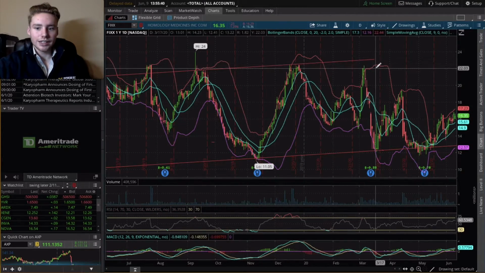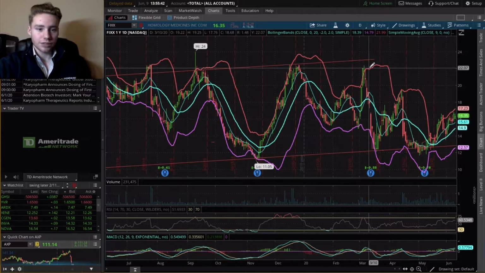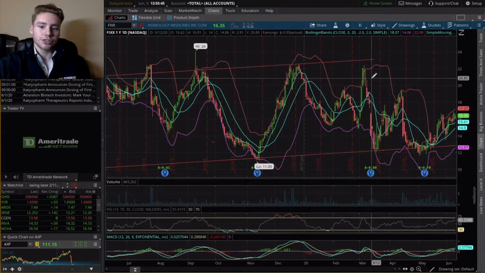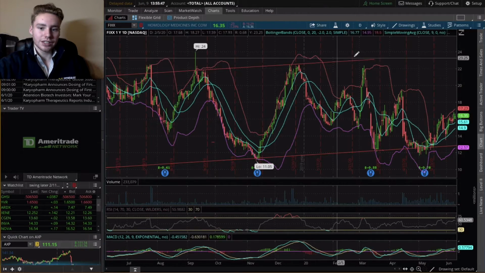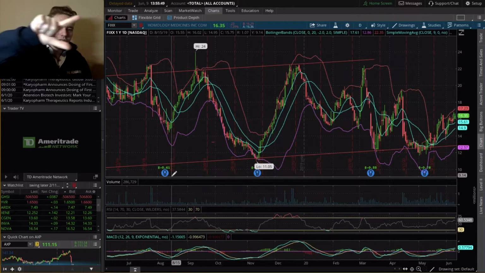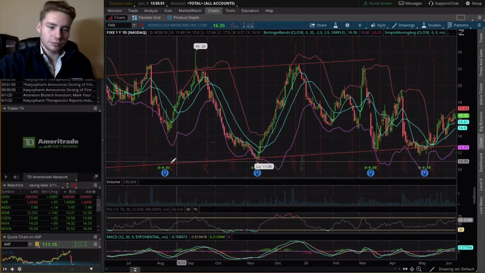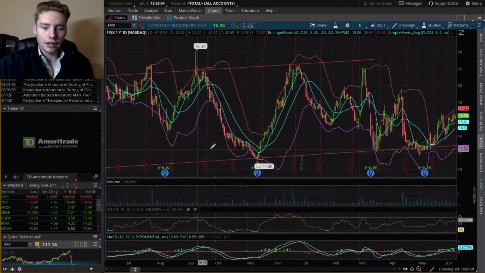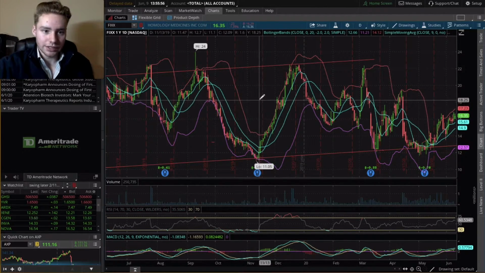So we can see here that this was something I was able to get in on because through this analysis, you can see that it's ranging between these two parallel lines, almost about parallel. Doesn't have to be exact, but